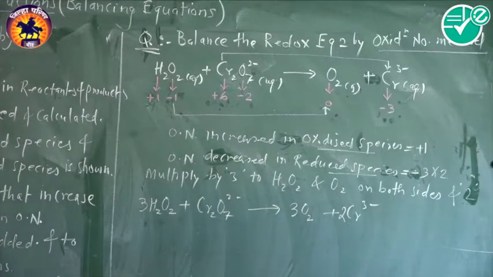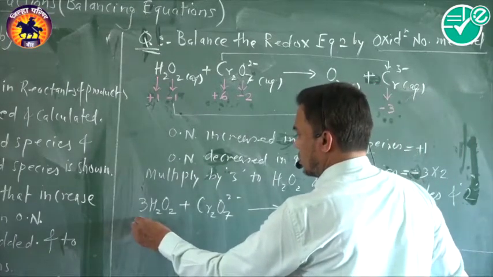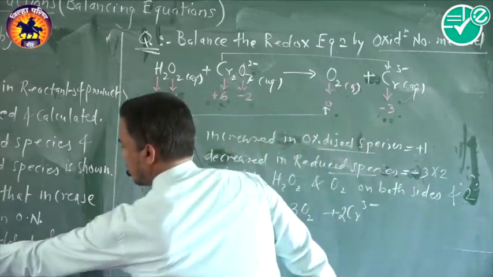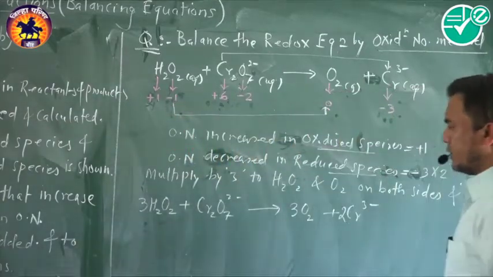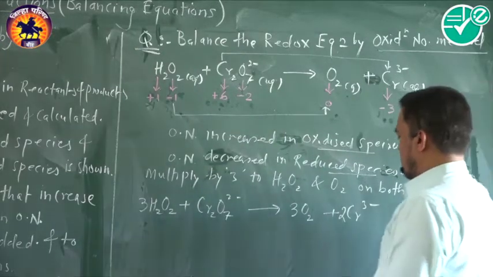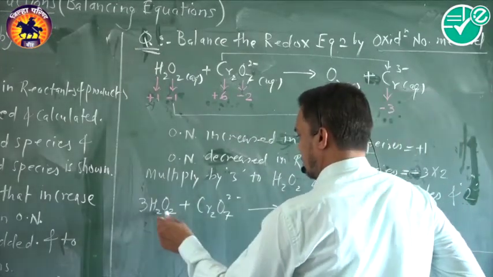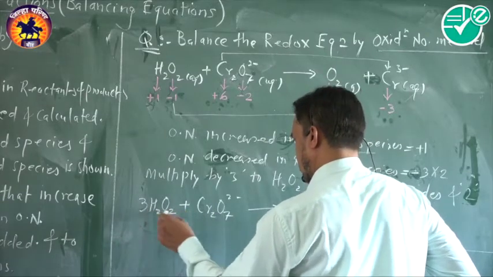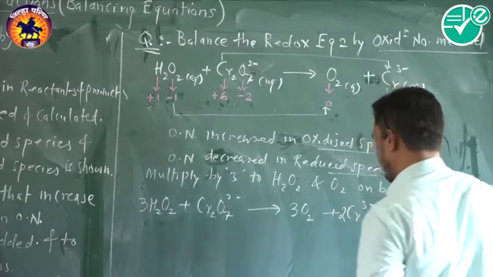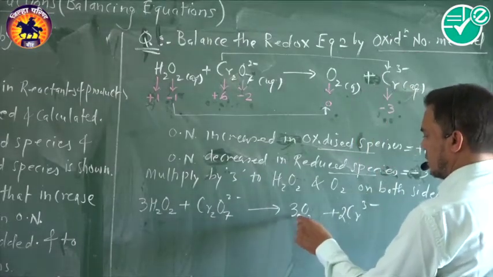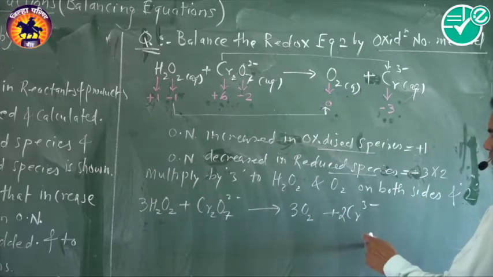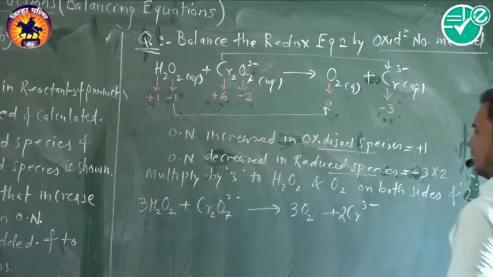Now in this case oxygen, we have to check whether it is balanced or not. To balance the oxygen atoms, we have to add H2O to the side which has less oxygen. Now look here, how many oxygen? 3 times 2 is 6, and here 7. So the total is 13. Here 3 times 2 is 6, here 6, here 7, so oxygen is more. So we have to add 7 H2O to the right hand side.